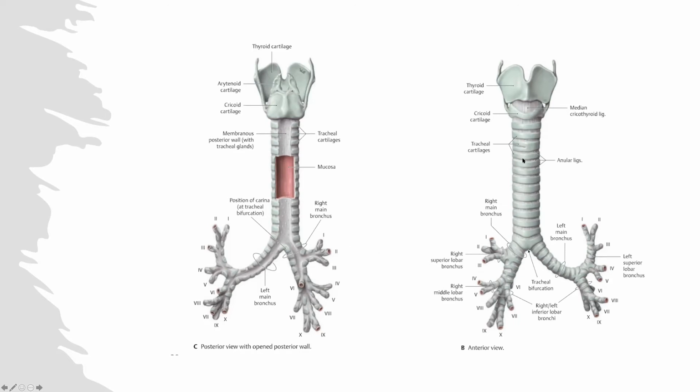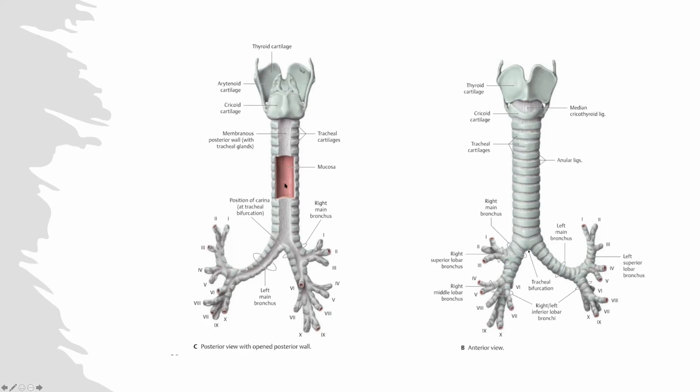Okay, so we are looking from the front and we are looking from the back. And now what I was emphasizing when I get into this question, look at it. All the cartilages, no matter whether they belong to the larynx or the trachea, are incomplete except for this one, which is the cricoid cartilage. That's the only complete ring. Rest, all of them are incomplete. You can see throughout, right from the beginning up to the end, none of them is a complete ring. There's a gap in between, and there's a muscle, a membrane which fills in this area. We need to be very clear about that.